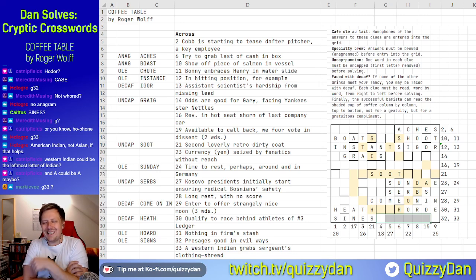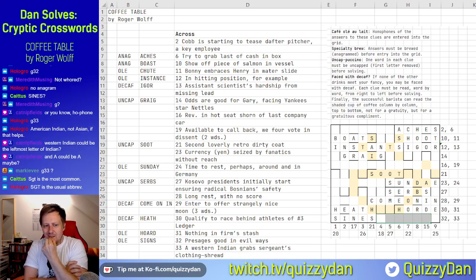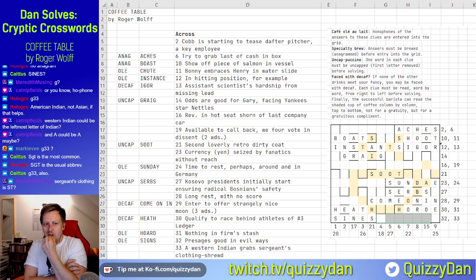Clothing. Shrewd. Savvy. Sharp. SGT is the most common. Yeah, I was afraid of that, because that doesn't look like a good... Ah! Sergeant's clothing, though, would be ST. You're quite right, Meredith. So, a Western and then an Indian with an ST in it, and you get shrewd, aware,